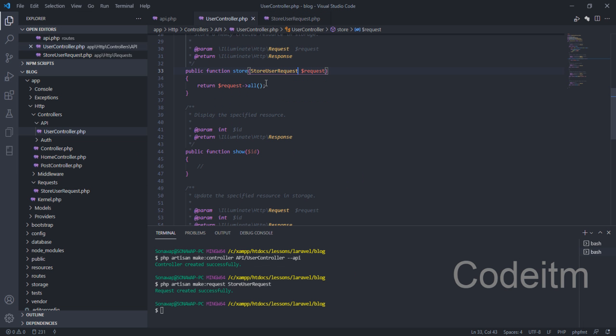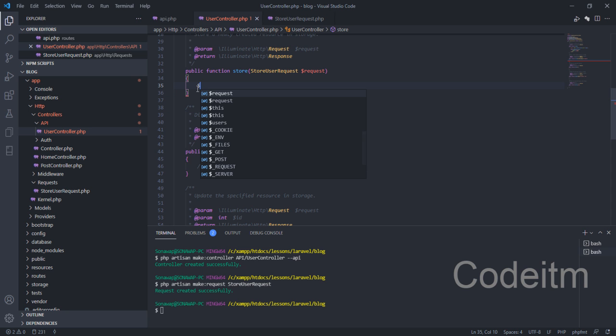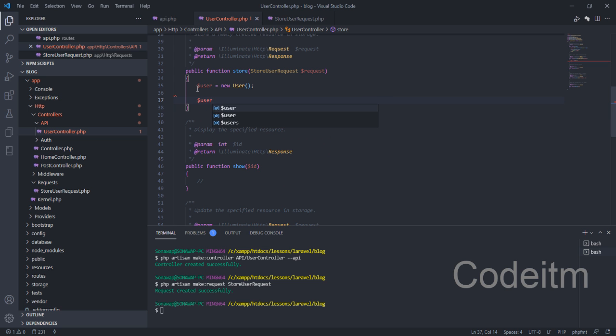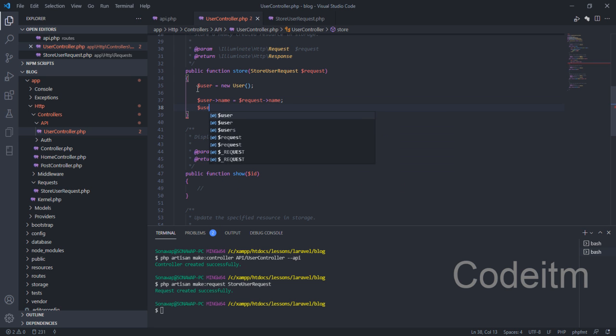So if we should come over here, and let's just say $user is equal to new user, and we can say $user name is equal to $request name, $user email is equal to $request email,